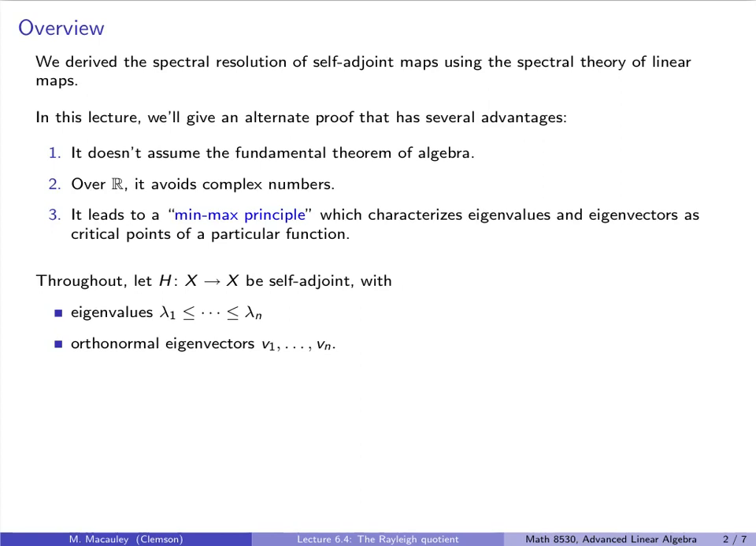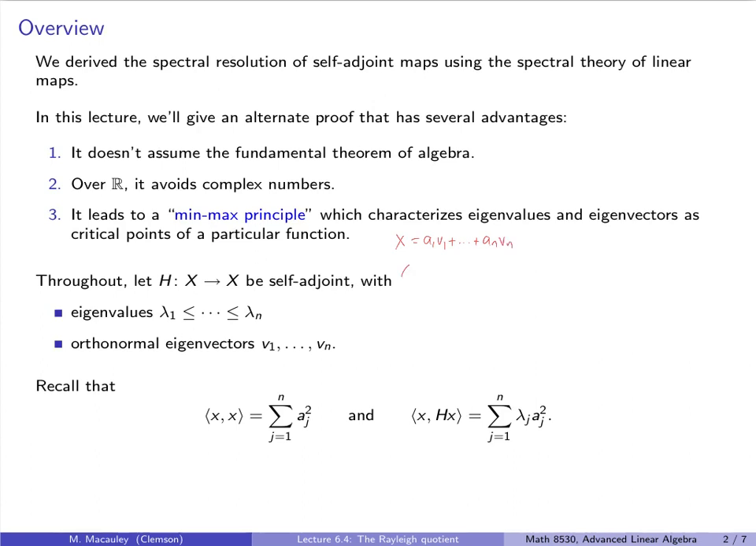Throughout this lecture, we will assume that H is a self-adjoint linear map with eigenvalues lambda 1 up to lambda n in non-decreasing order and corresponding orthonormal eigenvectors v1 up to vn. Let's do a quick recap and warm-up that with respect to this orthonormal basis, if we have a vector x, let's say a1 v1 plus up to an vn,